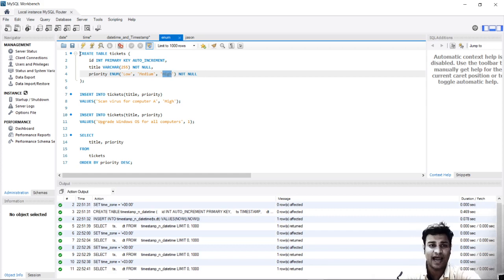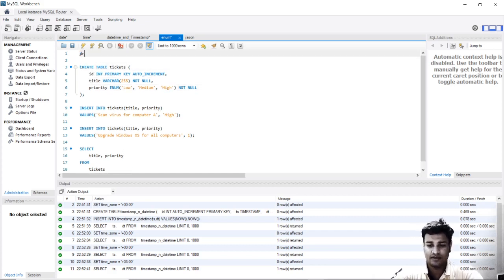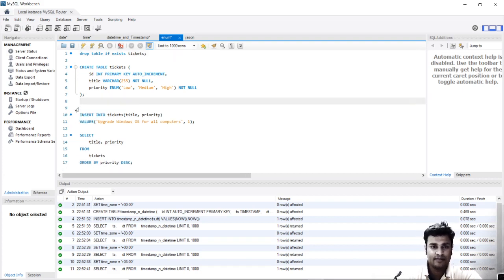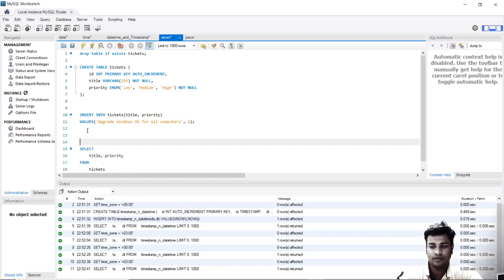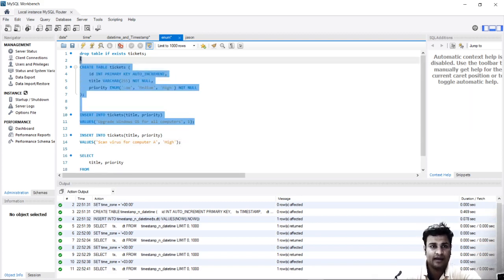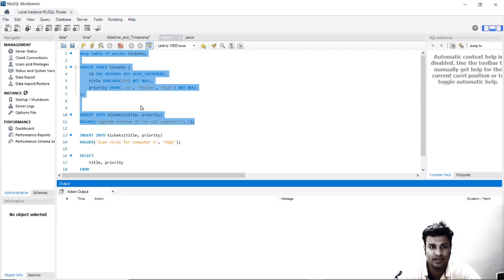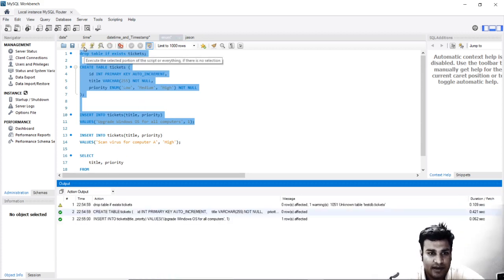So just to understand this, I will go ahead and say drop table if exists tickets, and let me cut this and paste this below it, and let me run this. Let me clear all of them so that you are able to see what is happening out here, and let me run it.